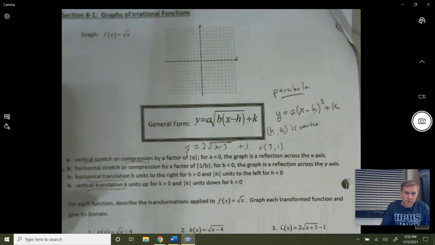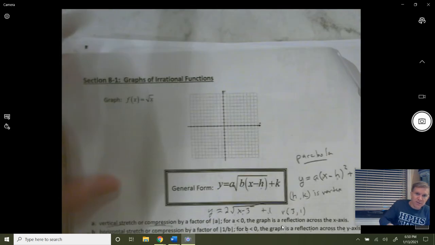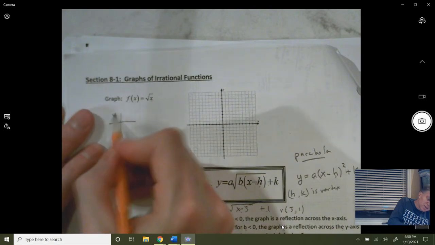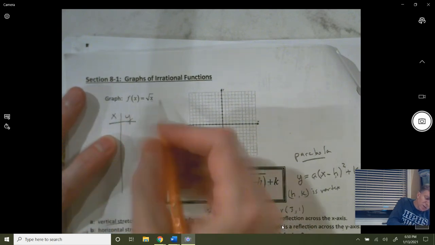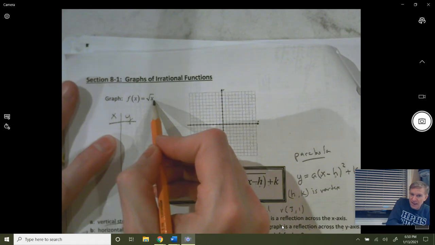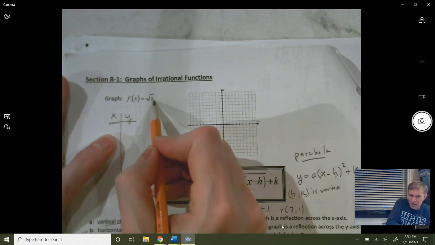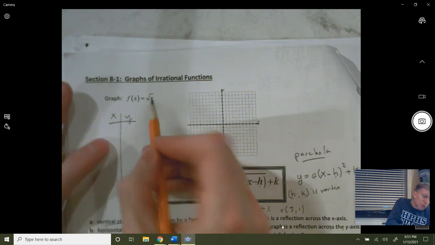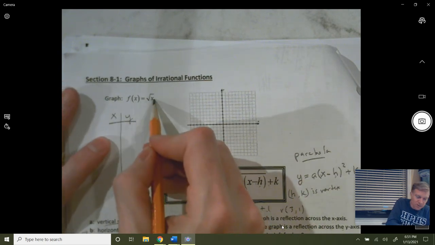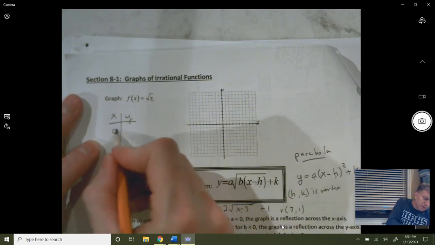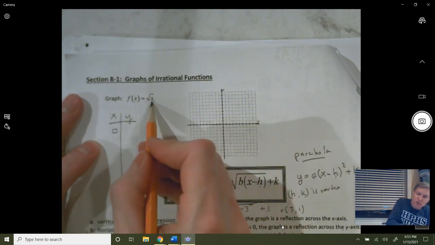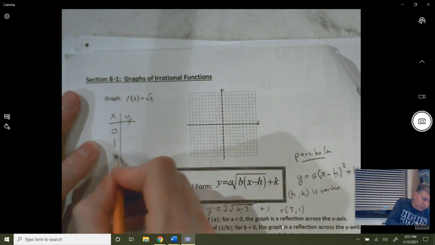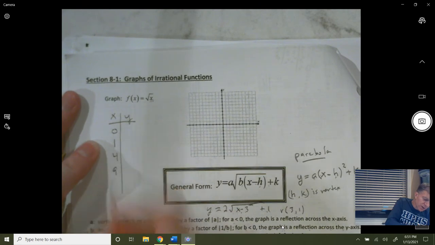So let's look up here. If we were to graph this thing, you could make a table of values. Now notice, this is just the positive square root of x. We know we cannot take a square root of a negative number. You get something that's not a real number. When you take the square root of a positive number, you always get a positive. So it might make sense to put in 0 and then plug in perfect squares for x. So 1 is a perfect square, 4 is a perfect square, 9 is a perfect square, and 16 is a